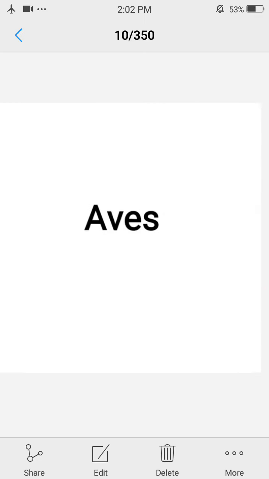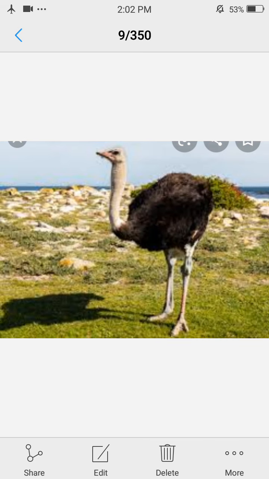Then the next class is Aves. All the organisms which are birds belong to this class, that is Aves. These are arboreal, means they inhabit or live on trees. They are warm-blooded. Warm-blooded means they have a fixed body temperature. Their body temperature will not fluctuate with the atmosphere. They have a feathery exoskeleton. Lungs have membranous extensions called air sacs. The forelimbs are modified into wings.